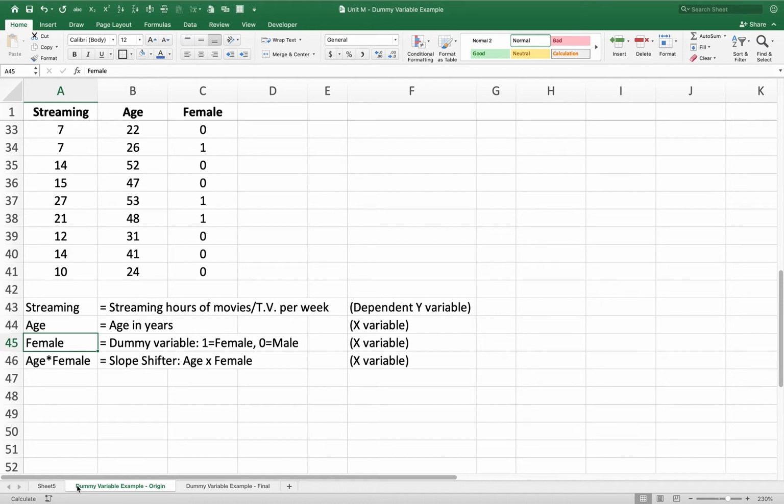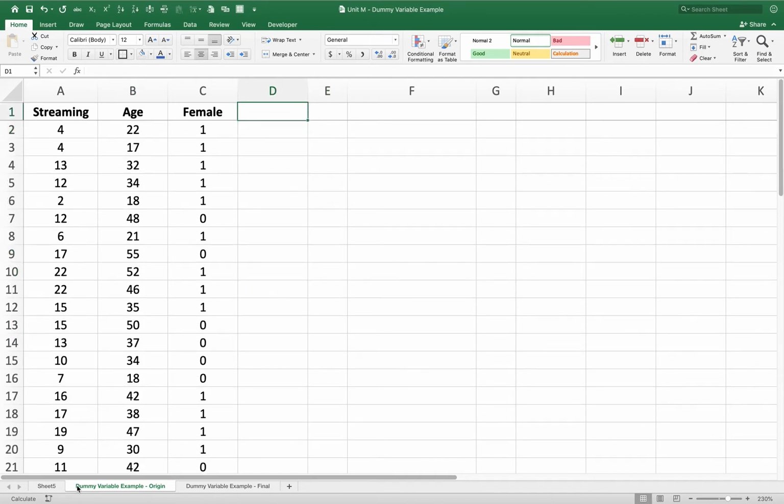And then we've got another one which we're going to create here in a moment, and that is age times female. And all it will be is just taking row by row each age value times the female value, and that's going to give us something called the slope shifter. And so let's go and actually create that now. And so we'll have a variable here called age times female. And in each row, I'm going to take the age times the female, and then we'll copy that down. And what we'll see here then is that